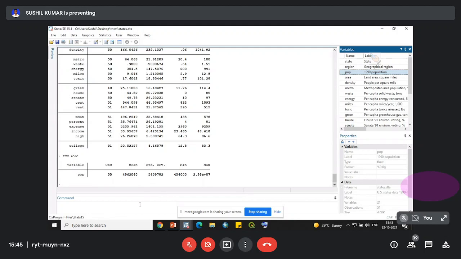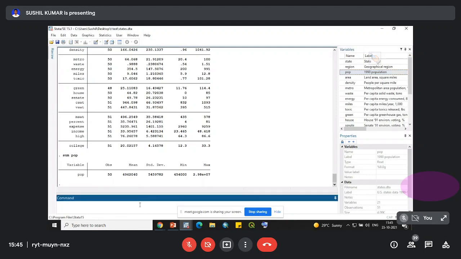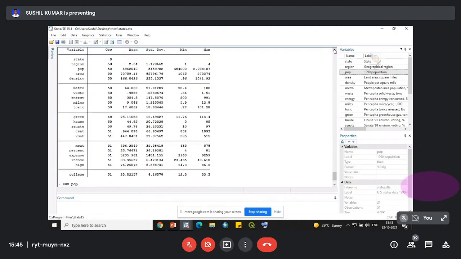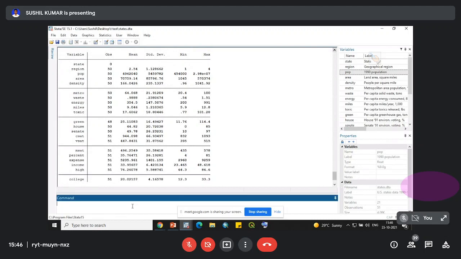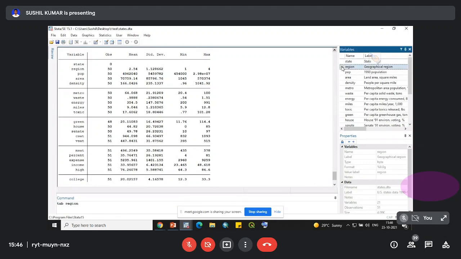You can also see the cross tabulation, where you can cross tabulate the values, like suppose in which state how many people are living. For that we can use the command tabulate, TAB, use the region, and then specify the other variable for which we want to prepare a cross tab chart.